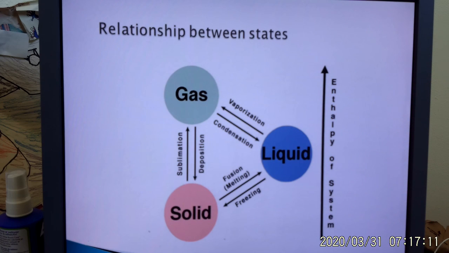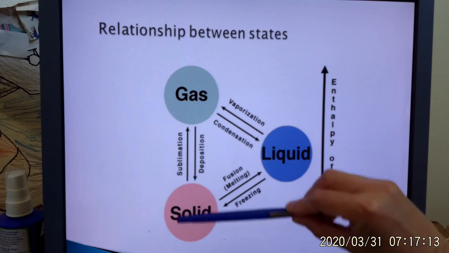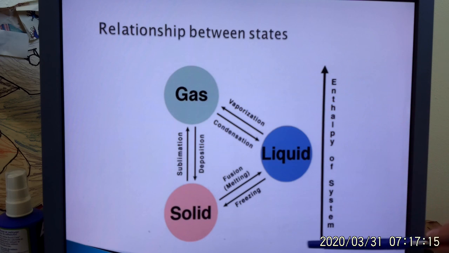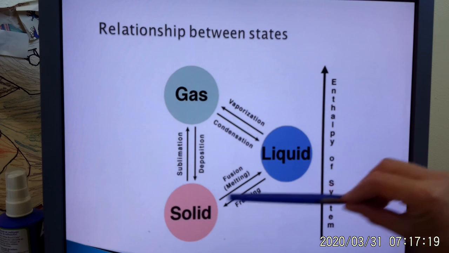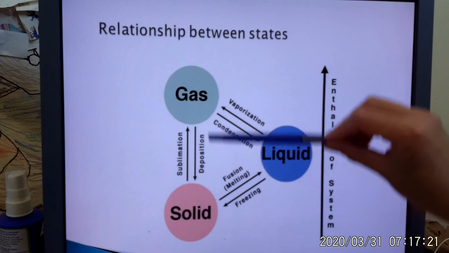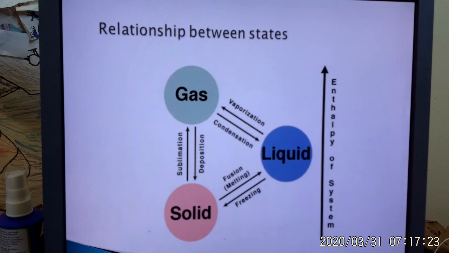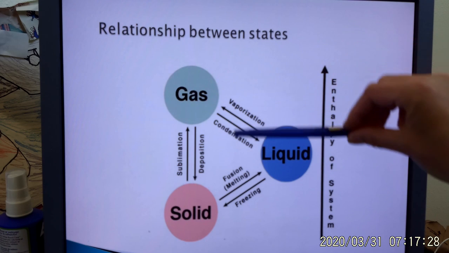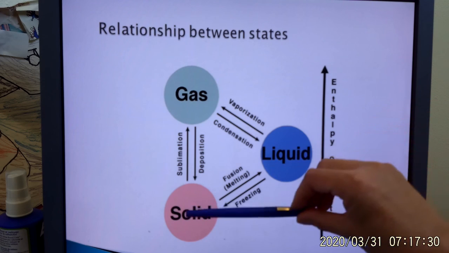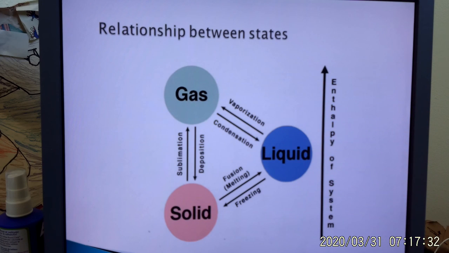But one thing that you should know, if I'm going from a solid directly to a gas, then following Hess's law, the amount of energy that's required is the same as adding solid to liquid, then liquid to gas. And the opposite, the amount of energy that's released is the same as gas to liquid plus liquid to solid. And that would be the amount of heat you need for deposition, or released on deposition.